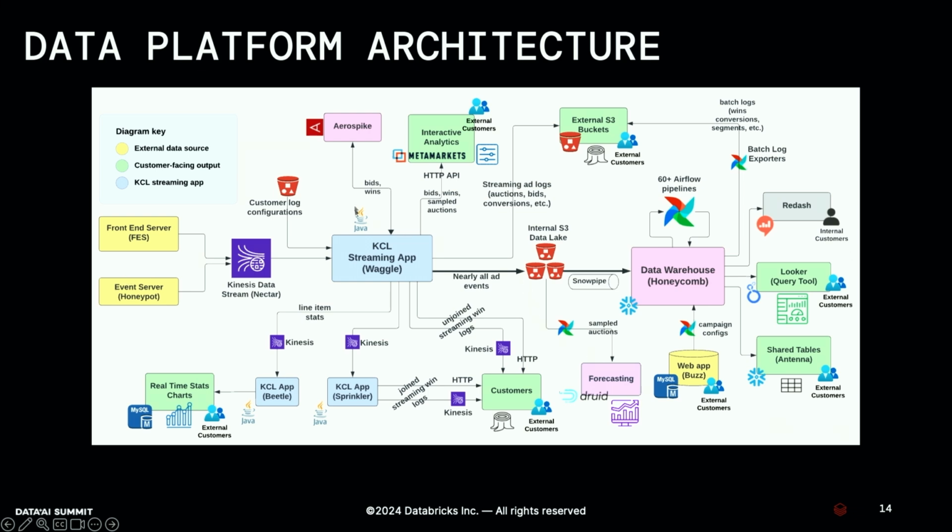To the top left of Waggle are customer log configurations that Waggle uses to determine which ad logs to send to which customers on which endpoints. Just to add some context, we call event-level data ad events on the way in, and we call them ad logs on the way out. There are also internal endpoints, such as a Kinesis data stream at the bottom left